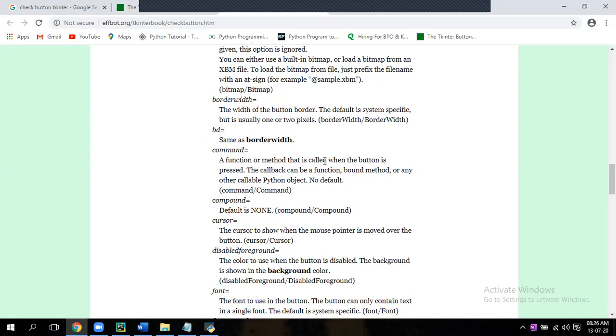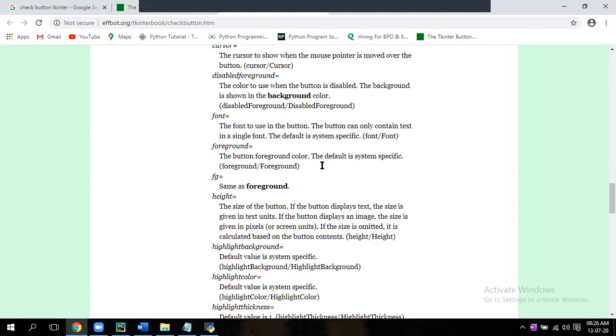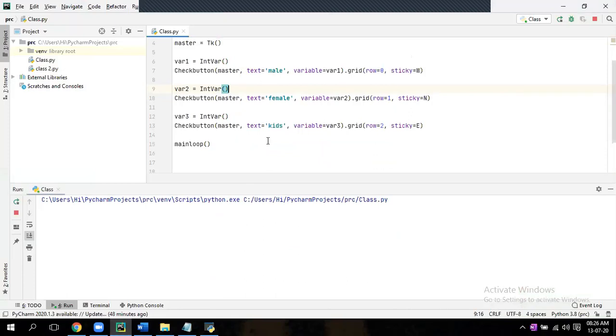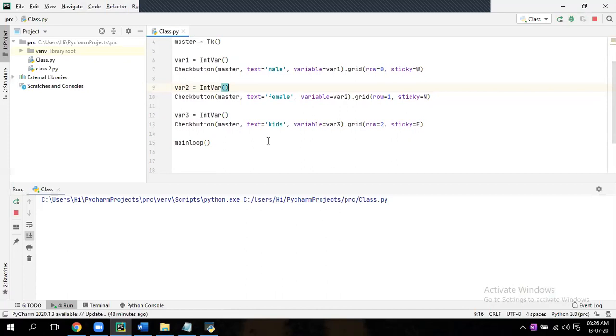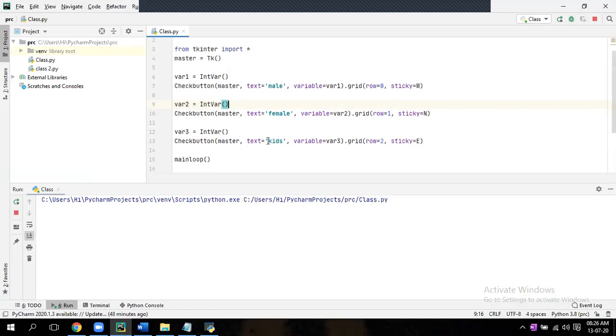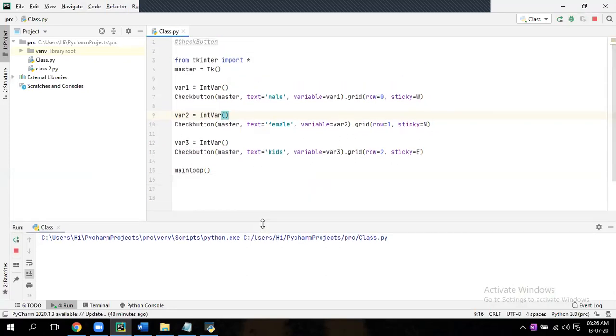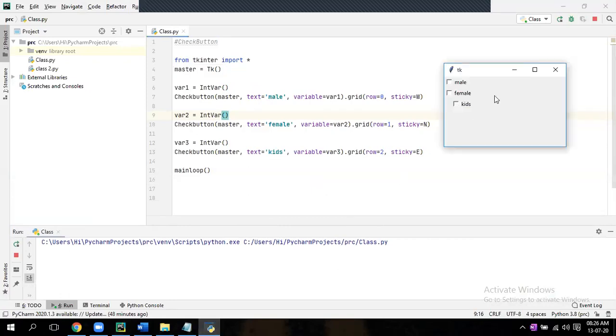Okay, go to your code. So you understood check button. Like that, you can add one by one. Now go to the other one.